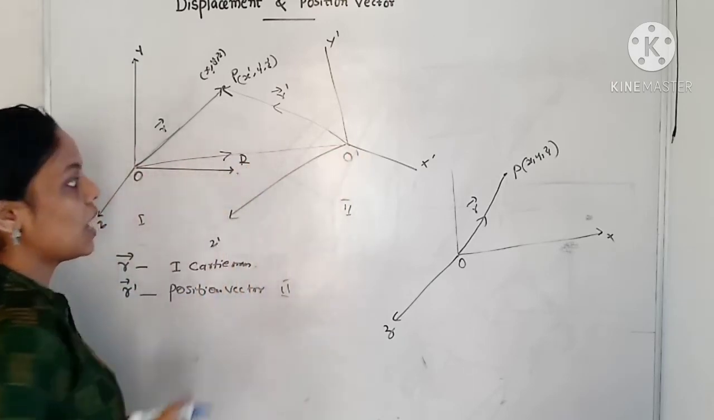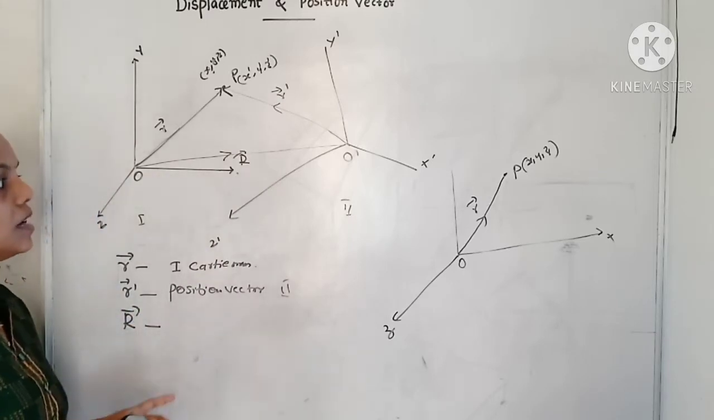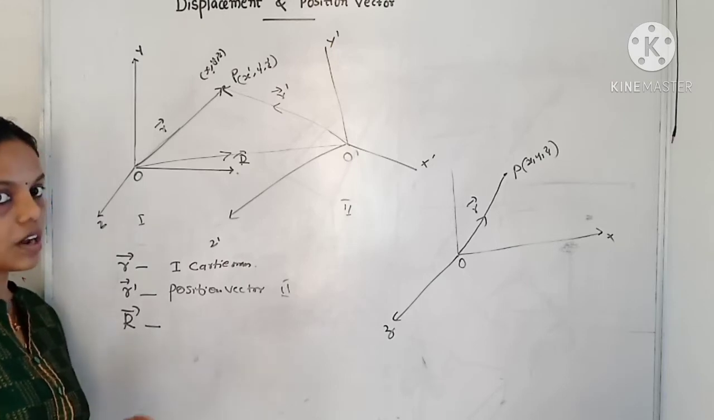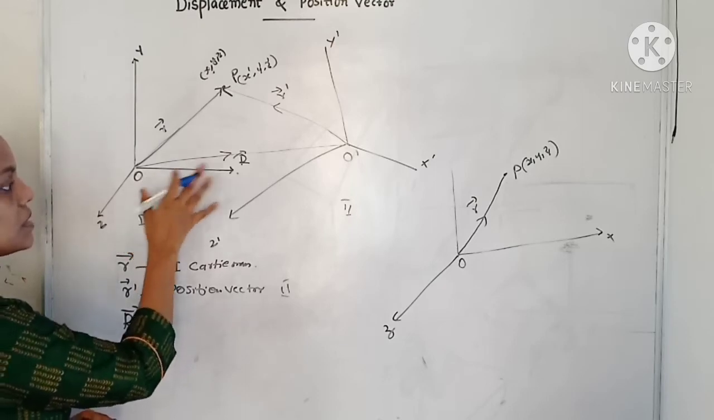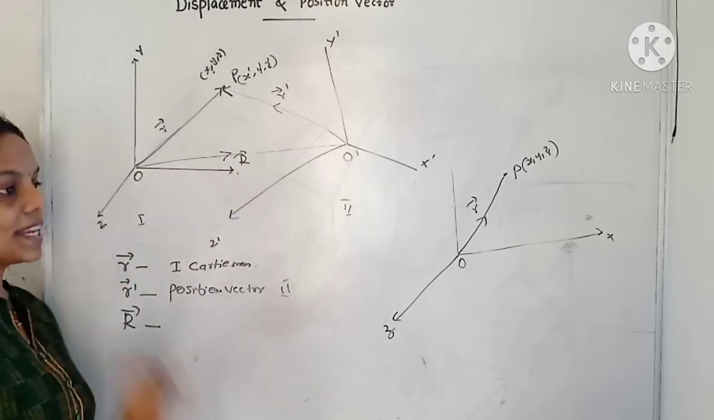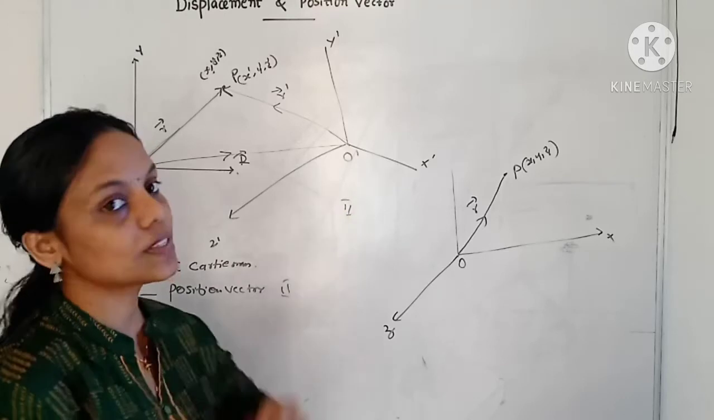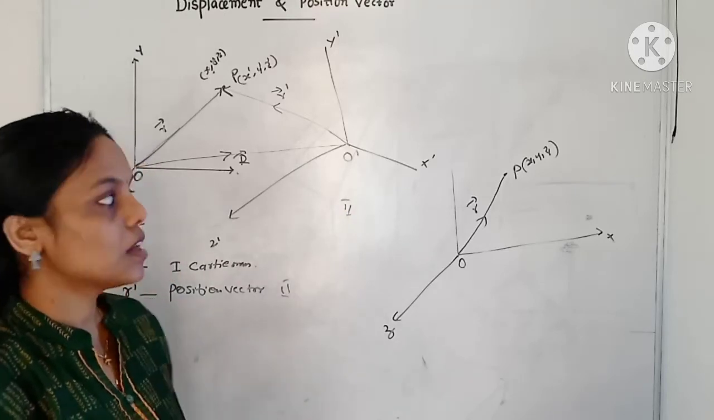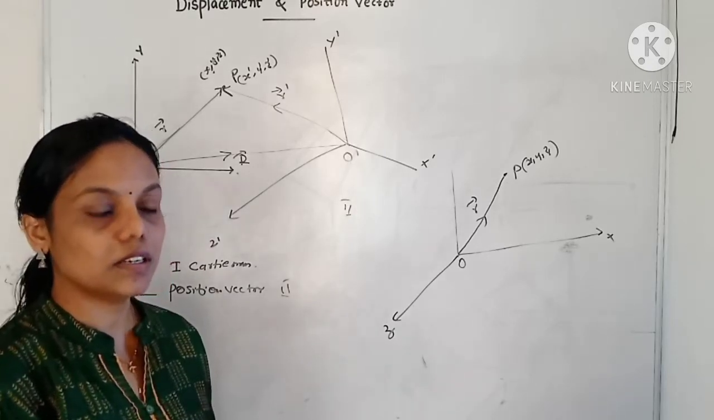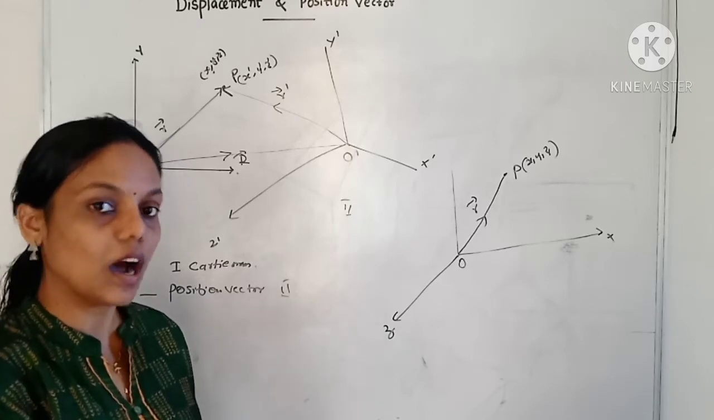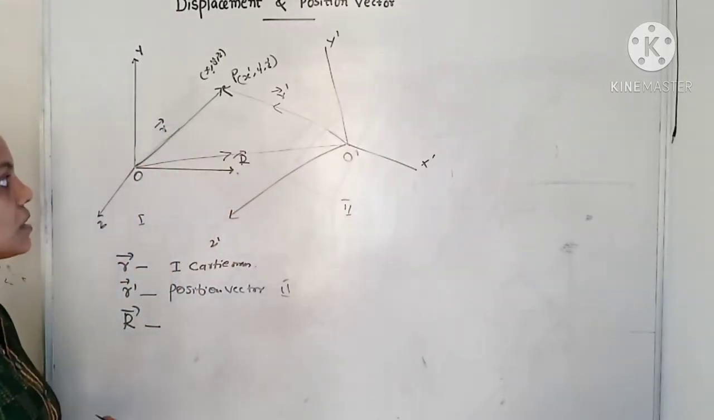Let capital R be the displacement vector, a vector that represents the distance between the point O and O dash. O is the origin of the first coordinate system and O dash is the origin of the second coordinate system. The distance between the two origins can be represented by drawing a vector R. So we can make a relation between r, r dash and capital R